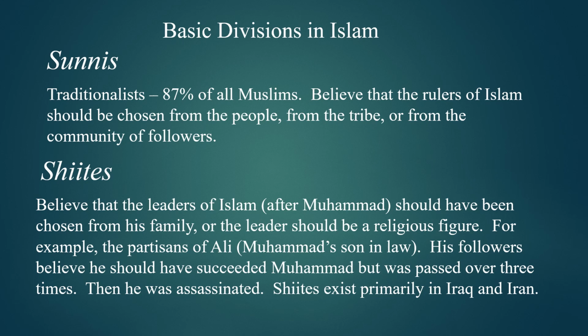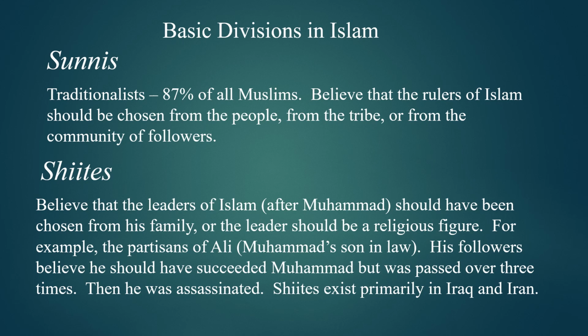The second division of Islam is the Shiites. This is a division between the Sunnis and the Shiites that formed very early on, even after the death of Muhammad. There was controversy as to who should be the leader of the religion after Muhammad was gone. The Sunnis argued that the community should make that decision and choose whom they thought was best